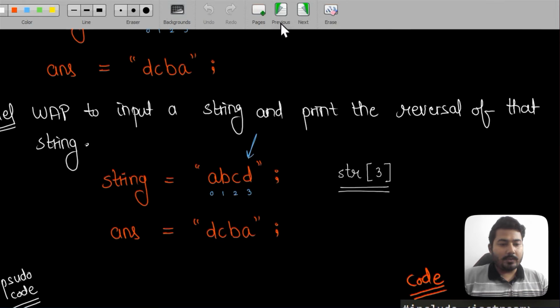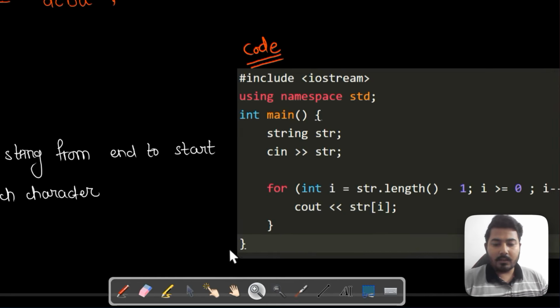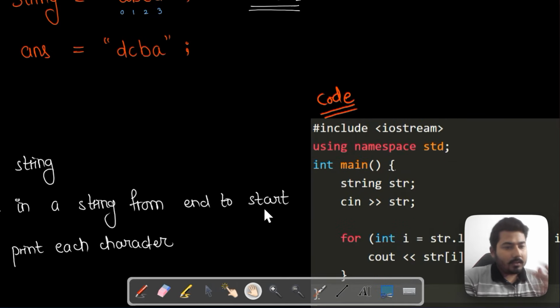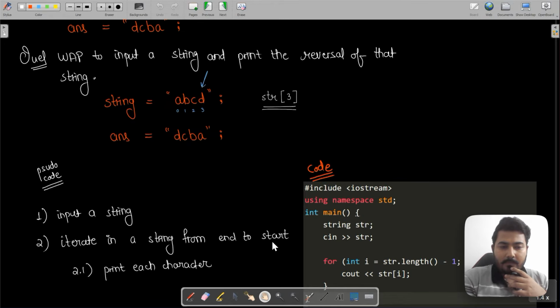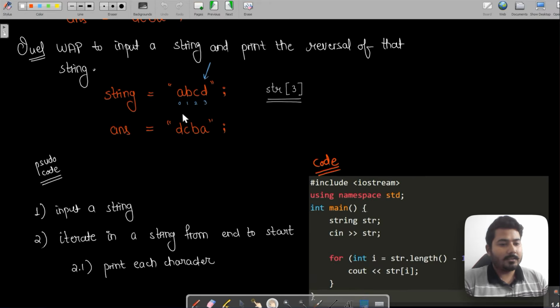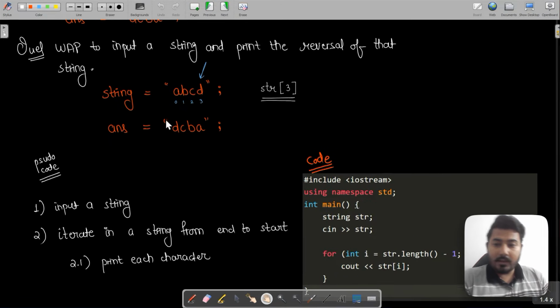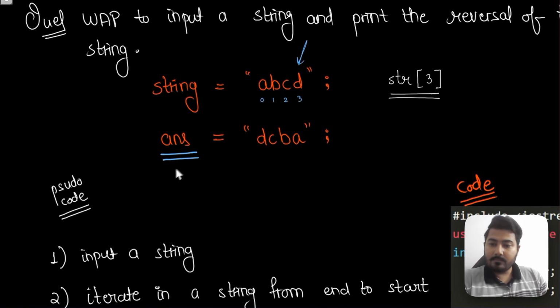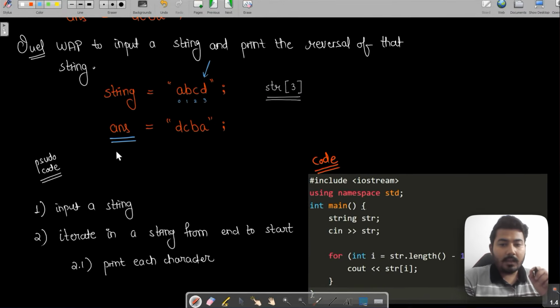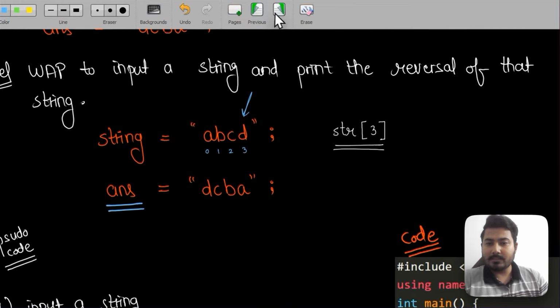Now what I want you to do is, in this one, try another way of reversing the string. Instead of printing all the characters from the very end, you can try to create a new string. You will create a new answer string, and you will keep on inputting the characters from the end into the answer. If you did not understand what I meant,